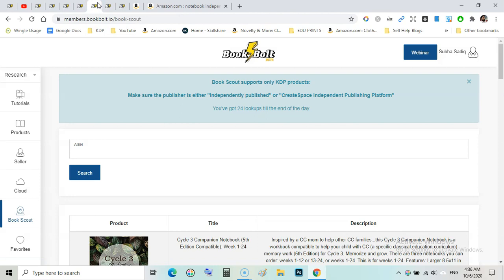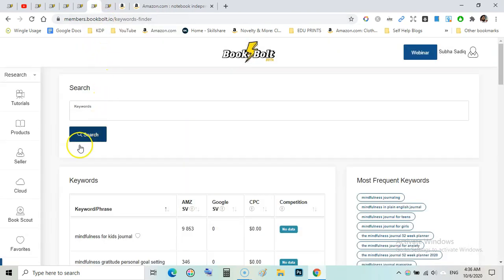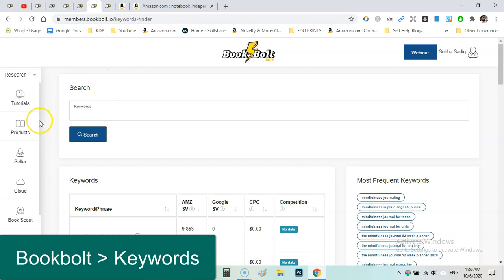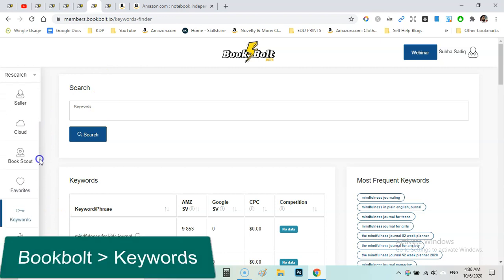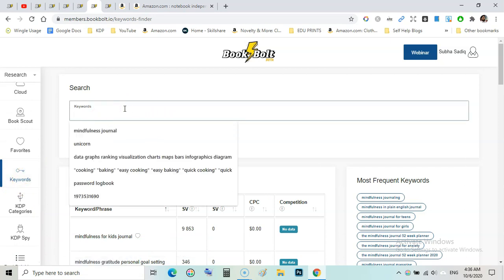Now let's move on to the next one. I have opened it again, I don't want this, just close it. The next one is Keyword Finder. You just need to click here, scroll down, and you will see keywords, then click on the keyword and it will show you this. Here you can type any keyword and click search.